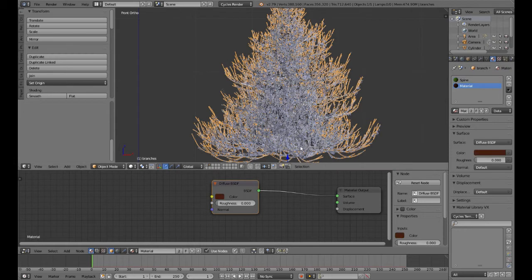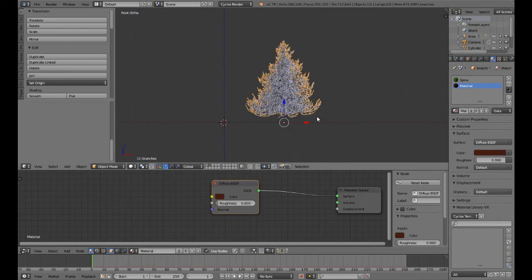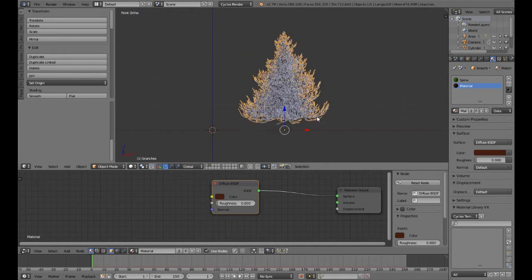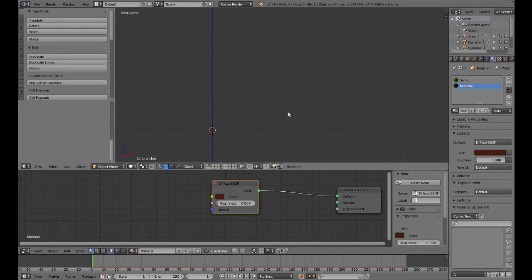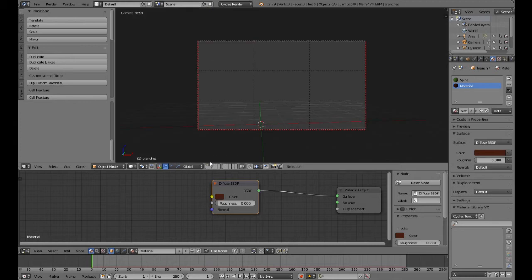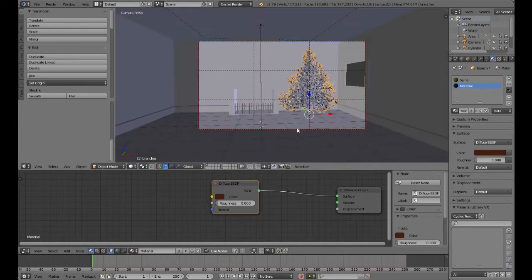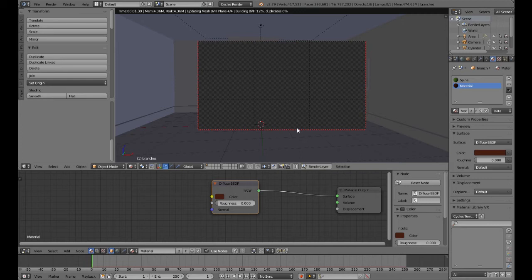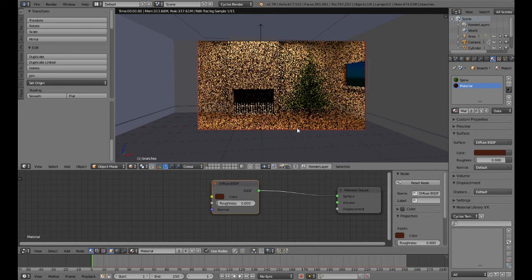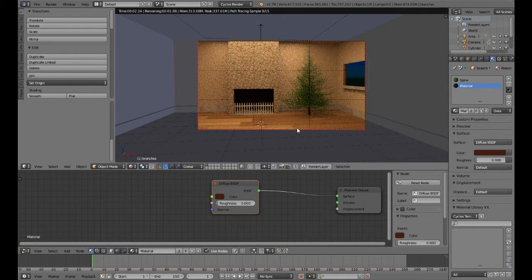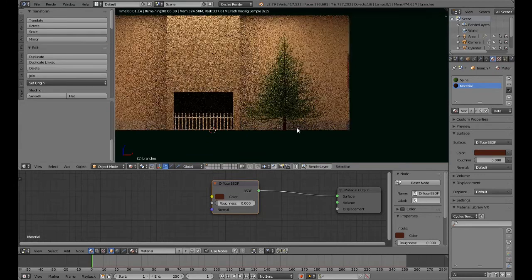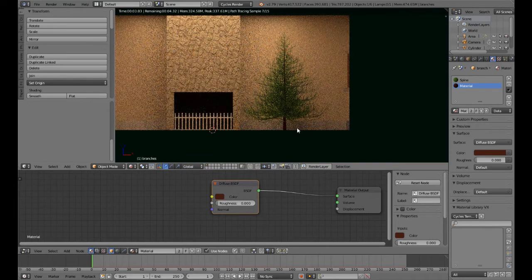And yeah, that's all for now with my Christmas tree. Let me move it to the first layer, and let's see how the scene is interpreted with a viewport rendering. Once it's rendered, yeah,